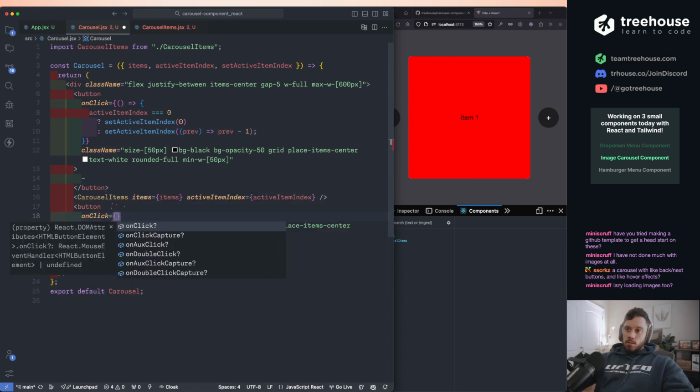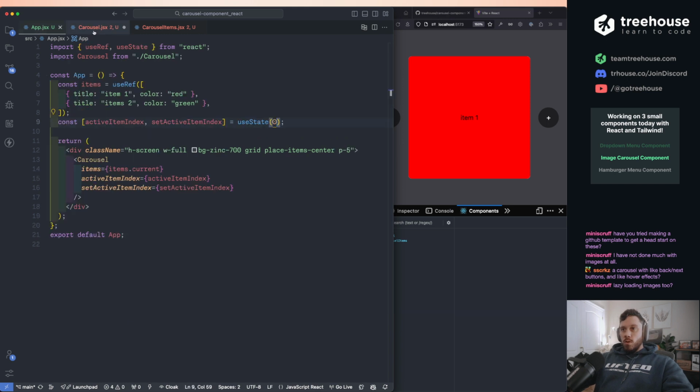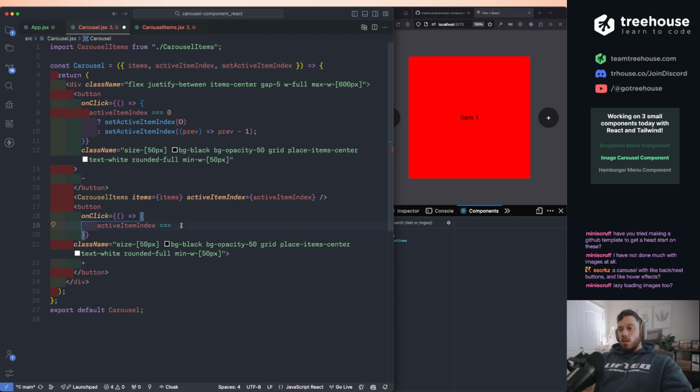So we can say on click. And what we can do is if active item index is equal to, what do we call our items? Items, well, it's just in here as items. So items.length minus 1. Then we want to set active item index, do we want to restart it? Yeah, let's just restart it. Or nah, let's not restart it. We can add that feature in later. So if active item index is equal to our items.length minus 1,